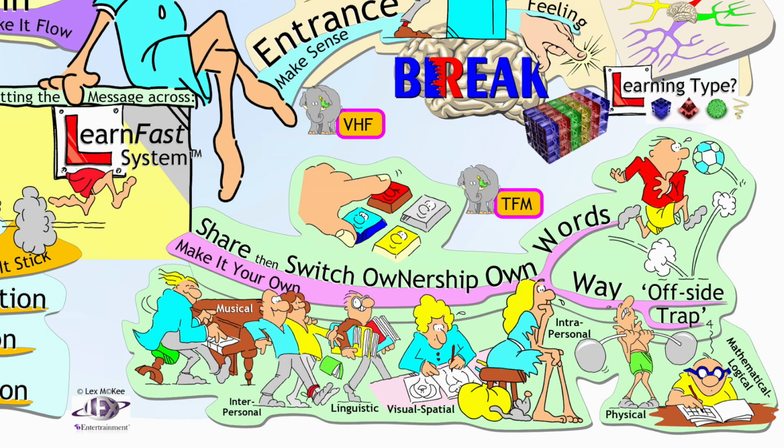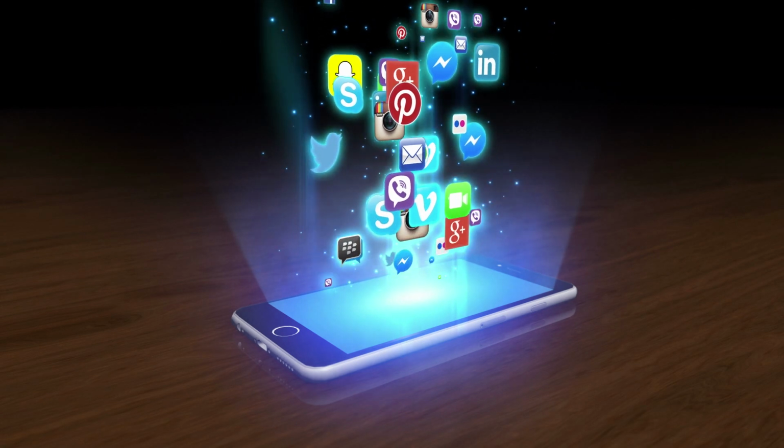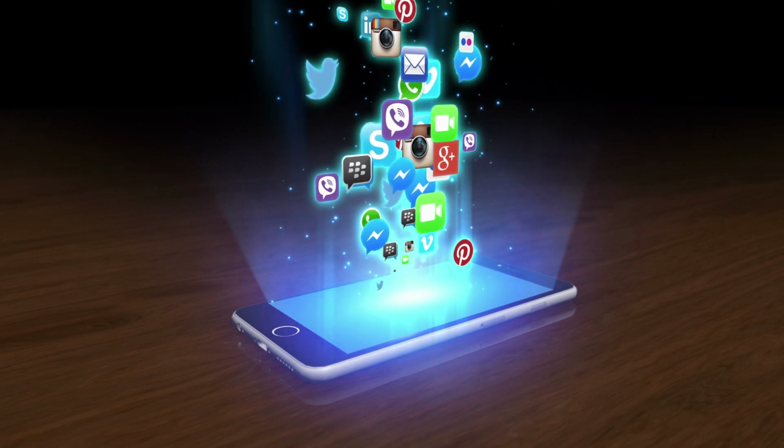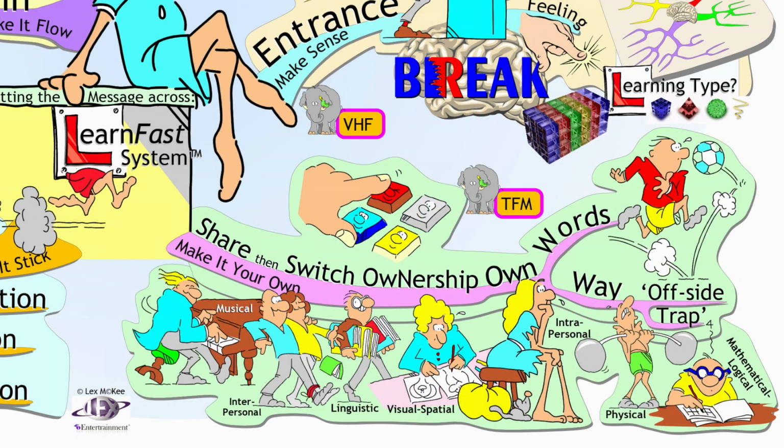Ooh, I used to think that was enough. You know, if you really made it engaging and sensorily rich, sensory enrichment rather than sensory deprivation, then surely people would get it, but they didn't, because they need to own the learning. And I know now that people have so many emails and so many inputs from social media and from the internet that they're flooded with information. So the best process is to share ownership and then switch ownership.